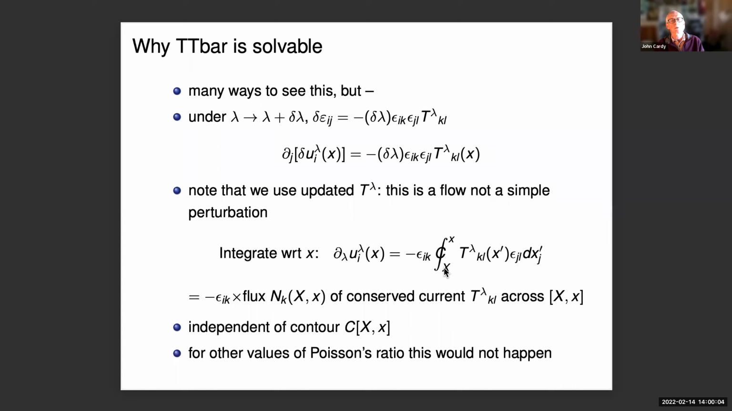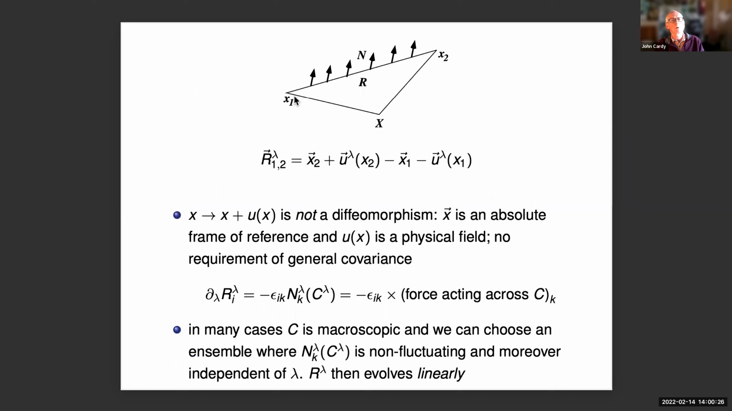If we had something else, another combination of T and T bar, which wasn't exactly the determinant of T, then this would not happen. So it's essentially this fact that makes it solvable. So here we are. If we have a point x1 and a point x2,